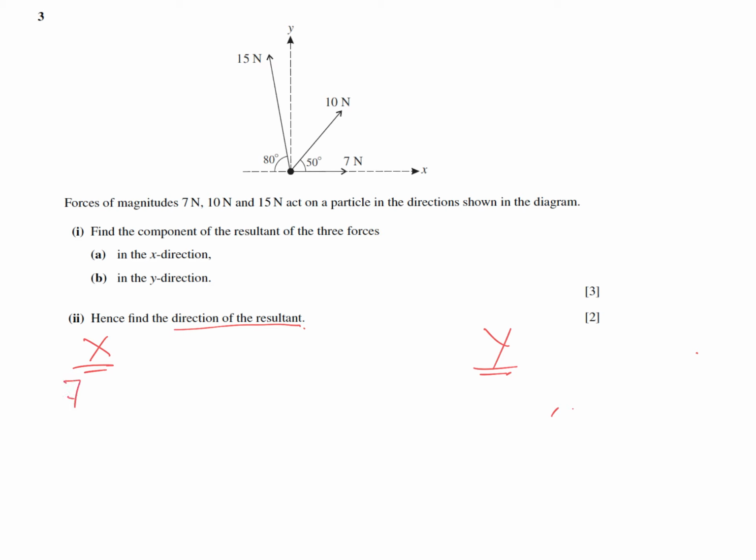So first of all, 7 plus 10 times cos 50. If I take this way positive, then I'm going to take this way negative, so minus 15 cos 80, and that would be the net force along the x-axis, or the x direction. So 7 plus 10 cos 50